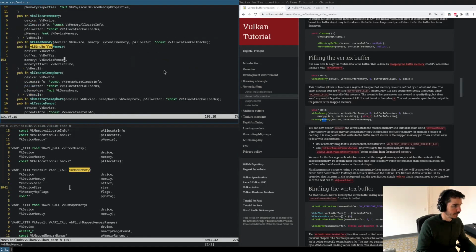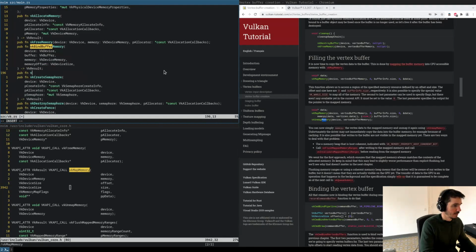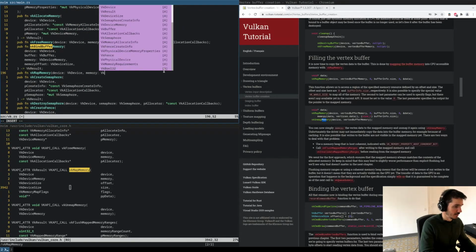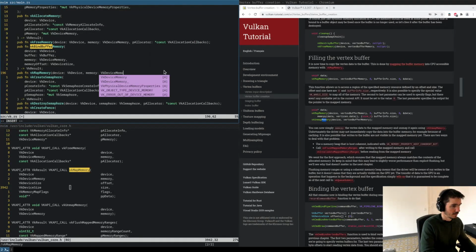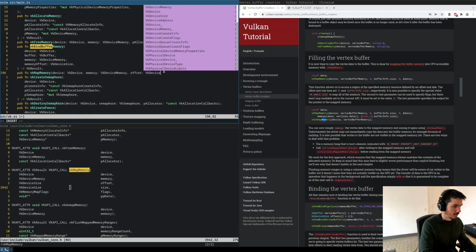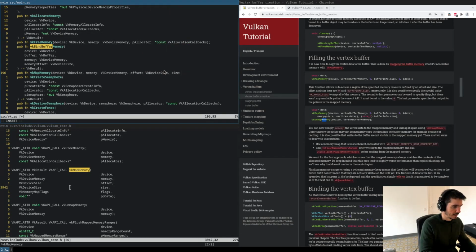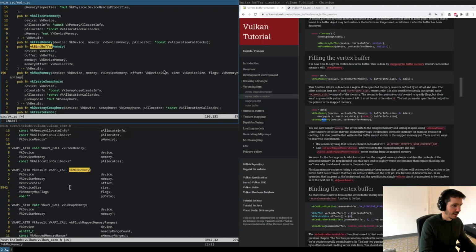So up here, vk map memory, device, memory, vk device memory, offset, size, some flags, map flags, and we get a pointer to a pointer